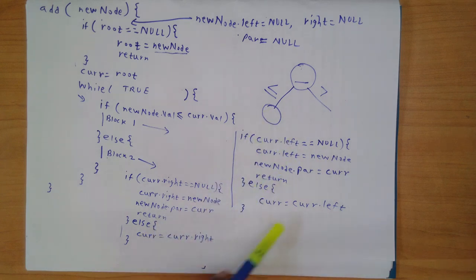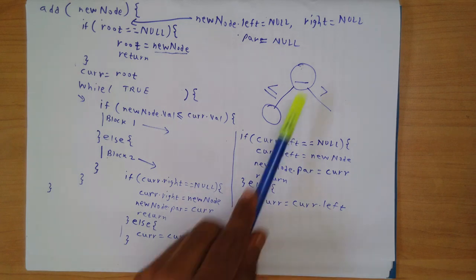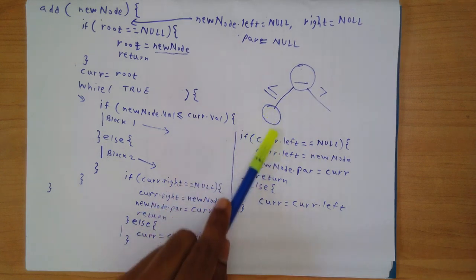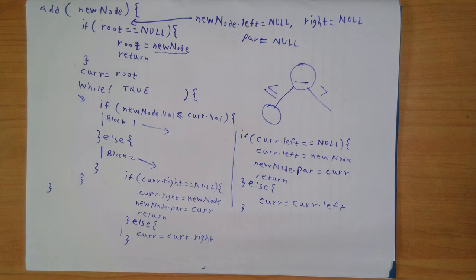And how long will you keep on doing this? It will happen at the most for the height of your binary search tree. So in the worst case, you might have to go through the longest path in your tree, starting from the root to a leaf, and there you go and insert your new node. So in the worst case, the time required would be proportional to the height of your binary search tree. And in the worst case, what will be the height of my binary search tree? That's the question you should think about, and we'll talk about it sometime later.